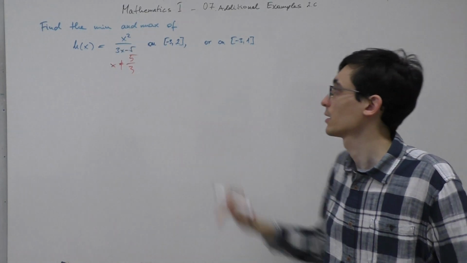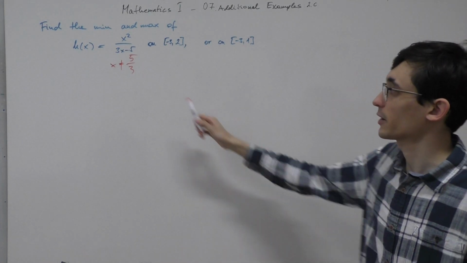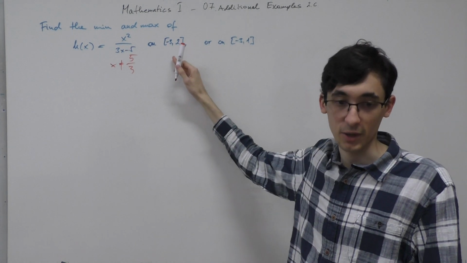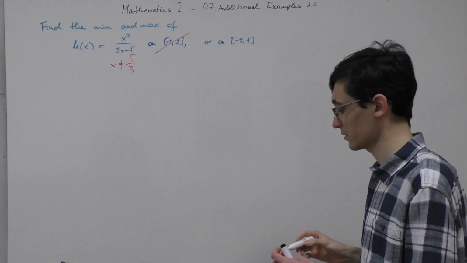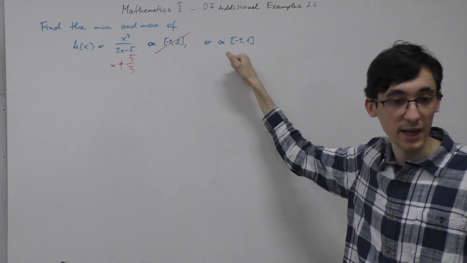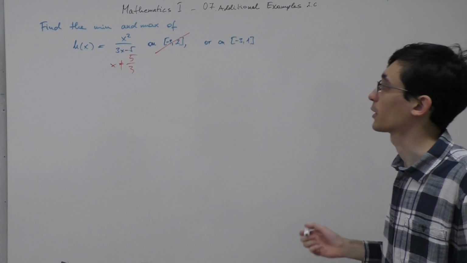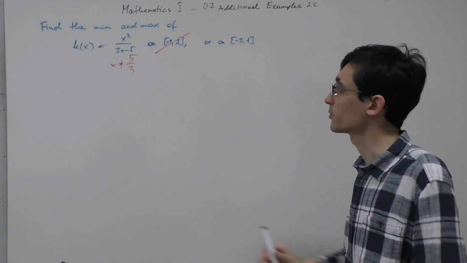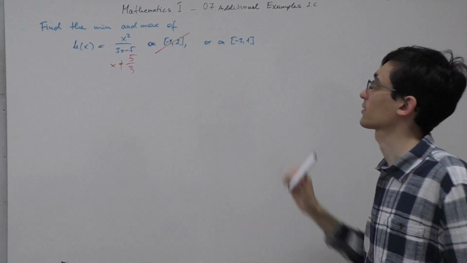So x can't be 5/3, and we can see that 5/3 is inside this first interval, so we can't use our method here, so we can't do this exercise. But 5/3 is greater than 1, so it's outside of this interval, so we are fine, we can use our method. To calculate the minimum and maximum, we must first calculate the value of h at the endpoints of the